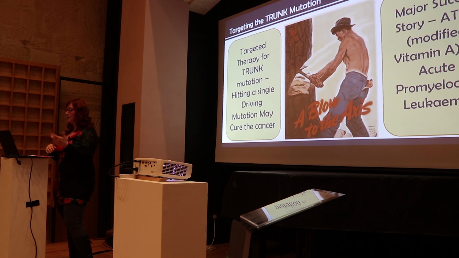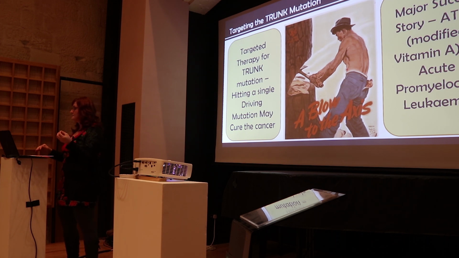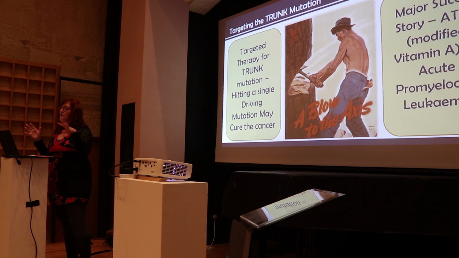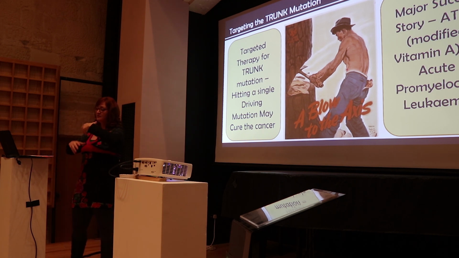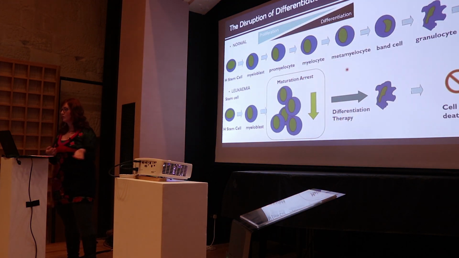So, one way of fighting it is to attack that particular target, that capacity for it to multiply, to stop it from multiplying. And basically it's like chopping off, if you imagine this cancer growing like a tree and creating several branches. If you cut down the trunk, if you cut down that mutation that caused it to multiply, you can fight it off. And this is one way that we call